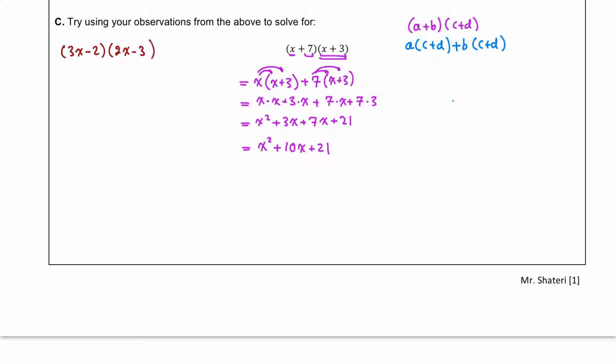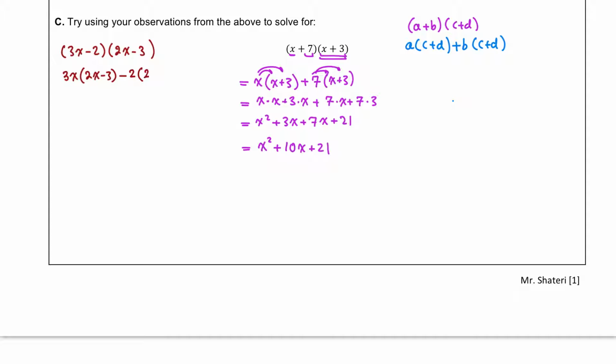So expanding this means that I'm multiplying the 3x by 2x minus 3, and then I'm multiplying the negative 2 by 2x minus 3. So by doing that, I get 3x multiplied by 2x minus 3 plus, but then I have a negative here, so I will just keep this as negative 2,